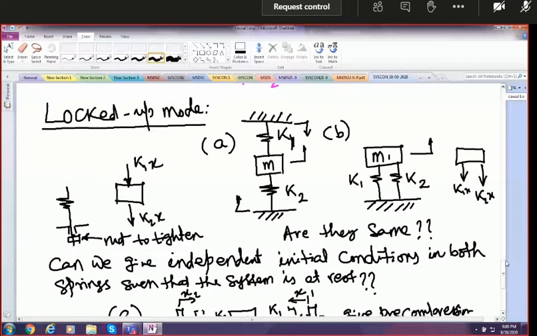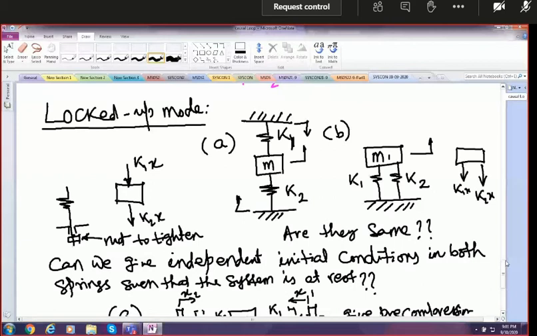That forceful clamping on system A is also in that way an external force, because those forces are stored in the spring itself. You don't have to model that. In our model, you don't have to put a source of effort. But in configuration B, we have to add a source of effort. Without that, it will not compress. Is that clear? Unless you have an external force applied on M1, you cannot have compression in K1 and K2. If you give any compression from, let's say, the support side, it will move.